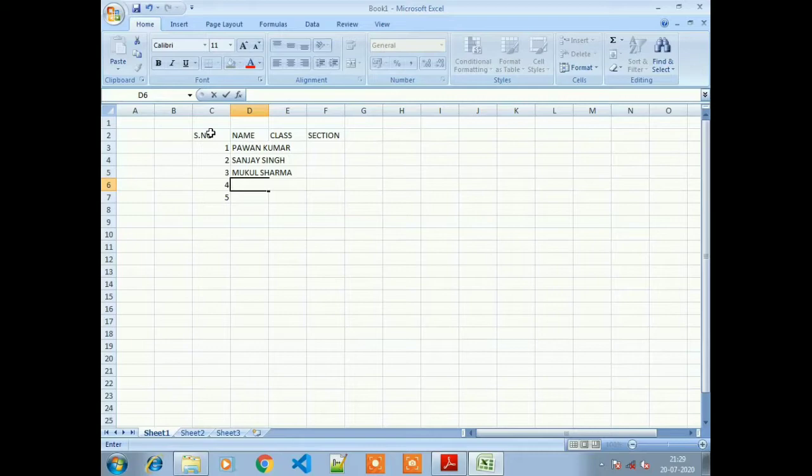and Karan Singh and like Sanjana. Okay, so after that we need to type some class, like they all are in class 9th, so we can type here 9, and suppose the section, so according to section A, B, C